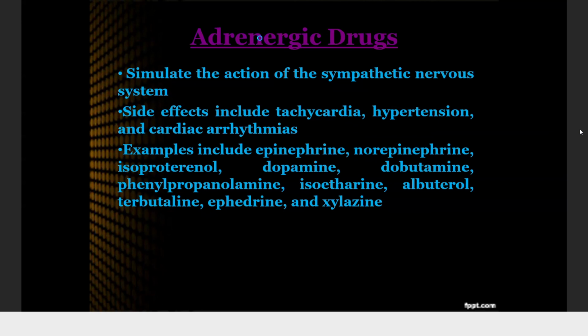So any question? Before that, normally the drugs that you use as adrenergic blocking drugs are called by their names, beta blockers, or also alpha blockers. Sometimes people don't know. If you want to use an adrenergic antagonist drug, normally they are known as either beta blockers or alpha blockers.